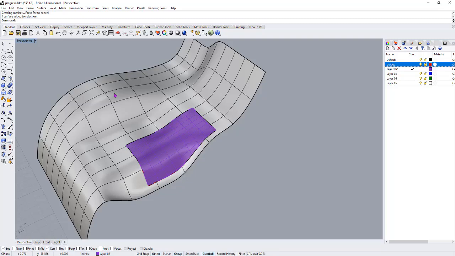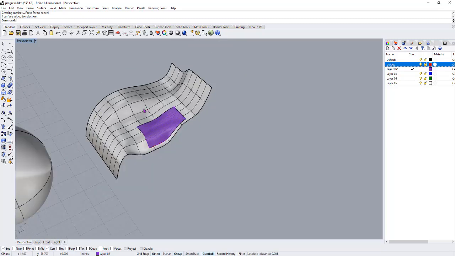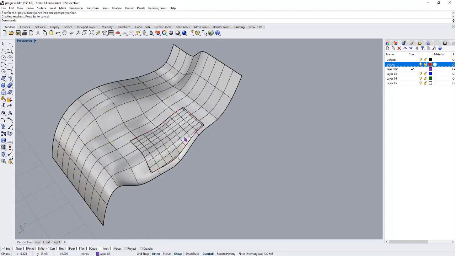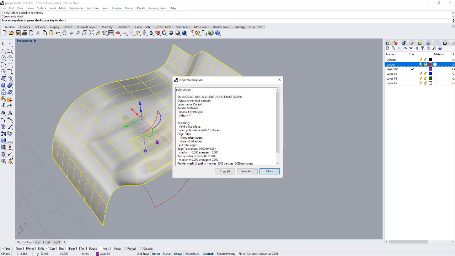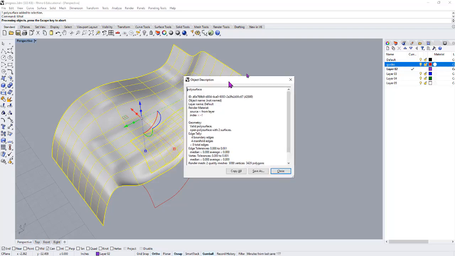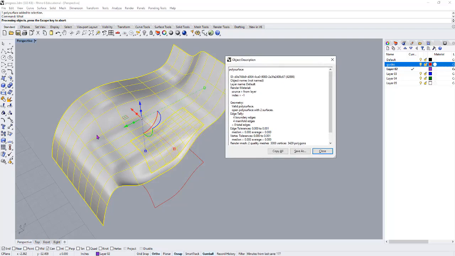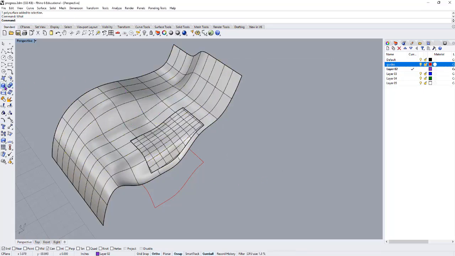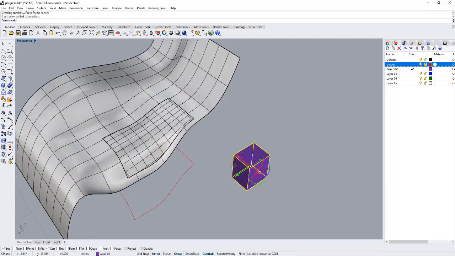Now I could join those two surfaces, but by joining them, that doesn't mean that you're fixing that problem of the patch, because there are still two surfaces. It's a polysurface, so it's treating this element as two surfaces, even though you joined them. Previously, we mentioned that when you have something like this,